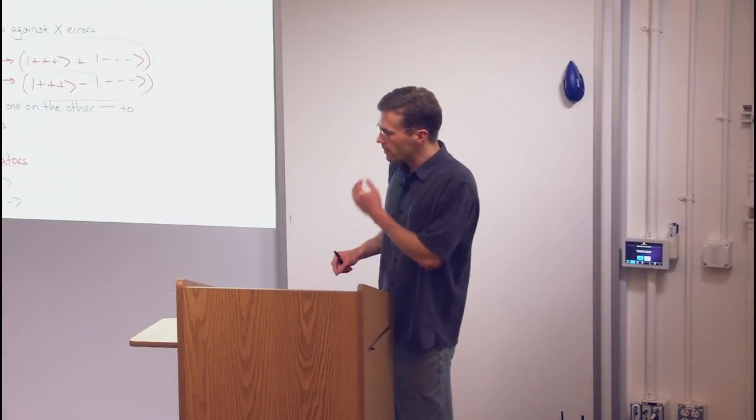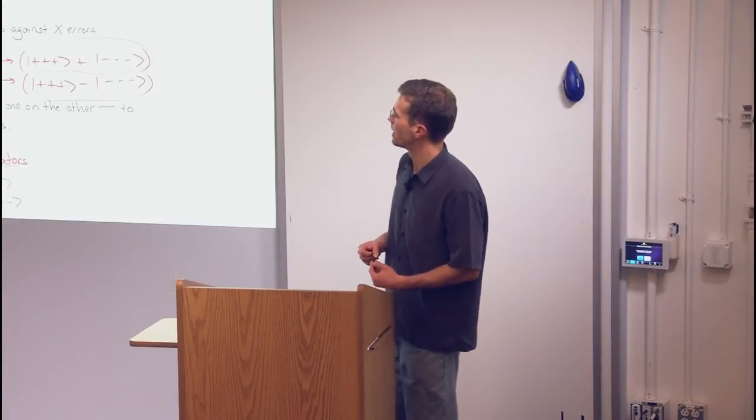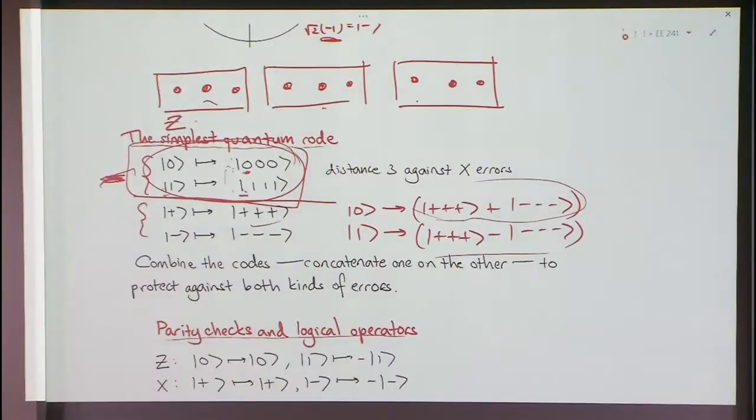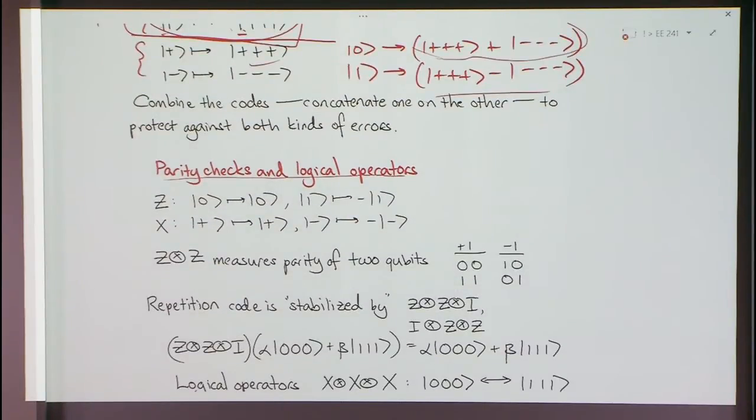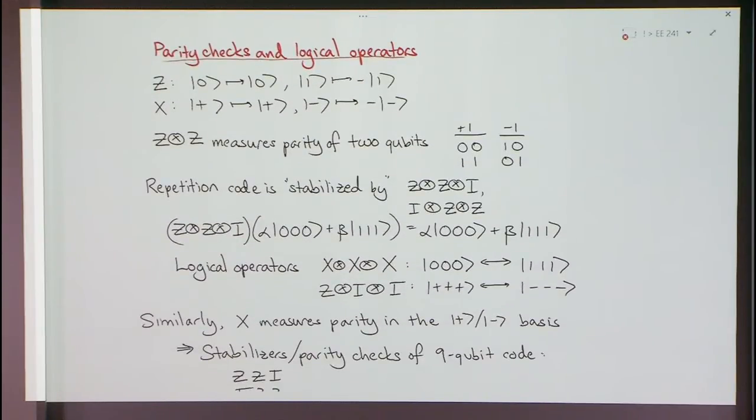Okay, so I want to give you another way of thinking about these codes that lets you come up with more complicated codes than just the repetition code. And for this, I'll touch on, and come back to later, the idea of stabilizer algebra. This is very natural from classical codes as well, if you're familiar with linear error correcting codes. You can define the code as: the code space is everything that satisfies certain parity checks. Quantumly, we'll say the code space is everything that satisfies certain, instead of parity checks, we call them stabilizers.